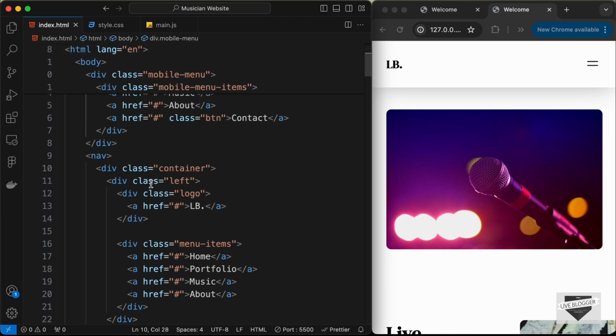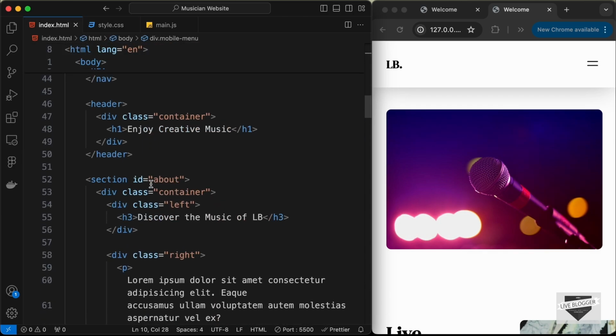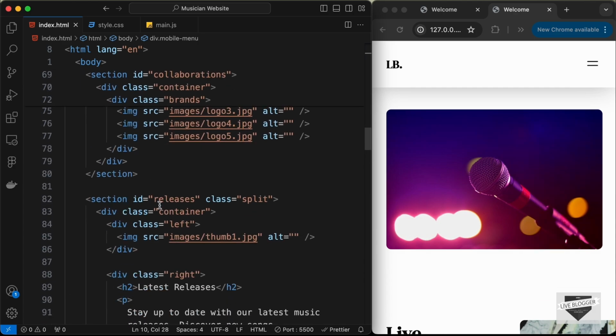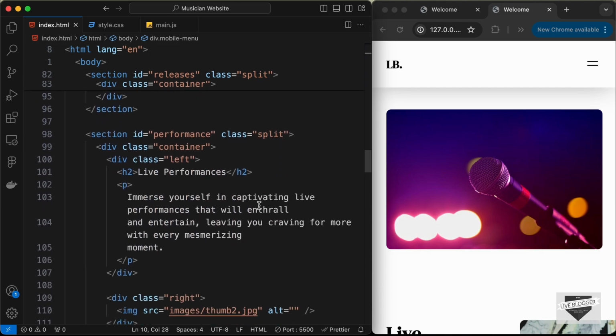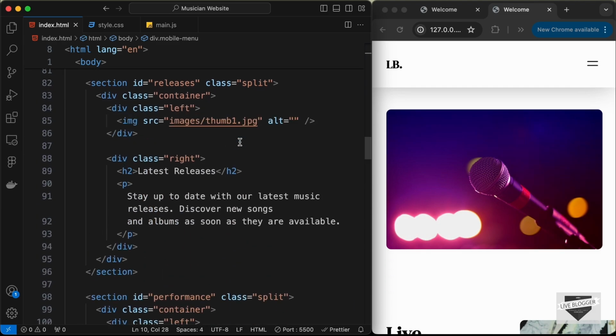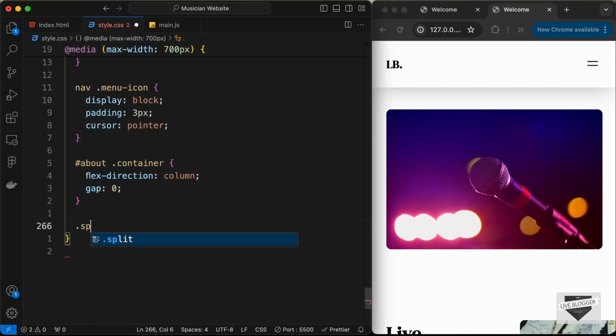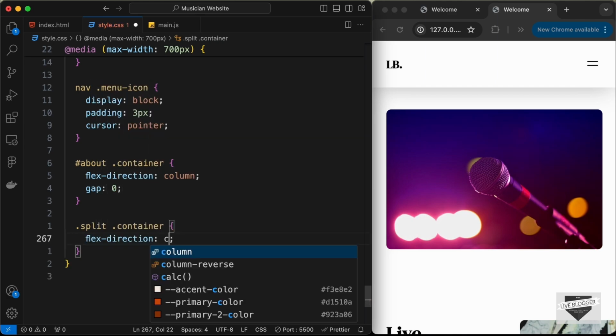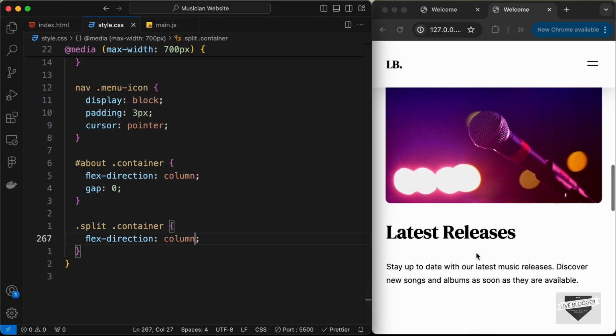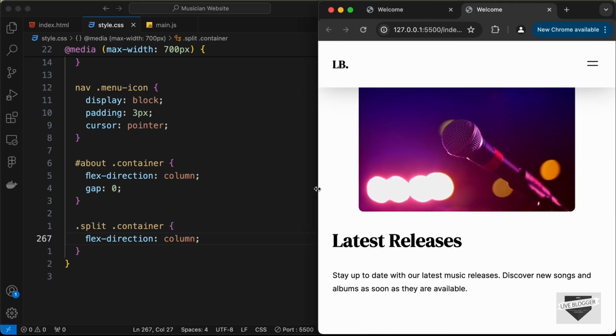So if you go back to the HTML, here we can see that we have this section with an ID of releases, and it also has a class of split. We have the same class over here for performance as well. So let's target that. Let's type split container, and let's set the flex direction to column, and I think that looks alright. Now if you increase the width of the browser window, we can see that the width of the